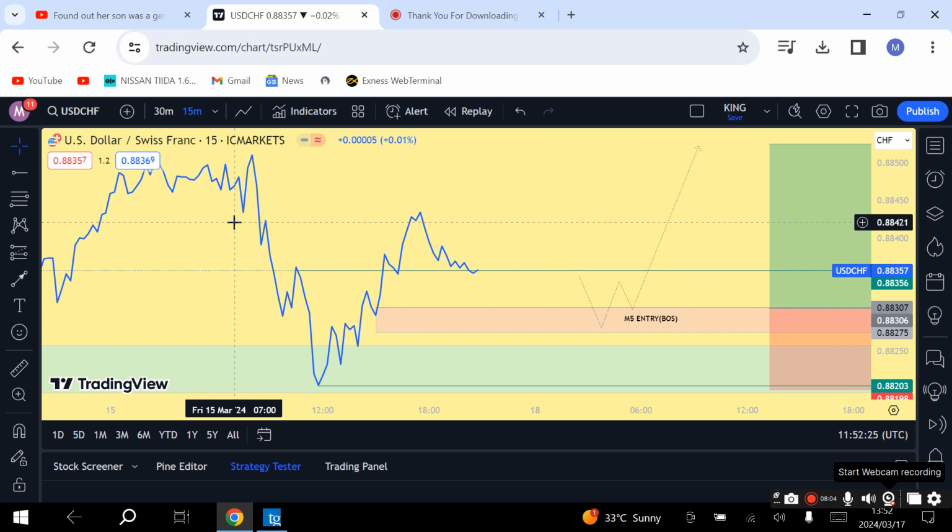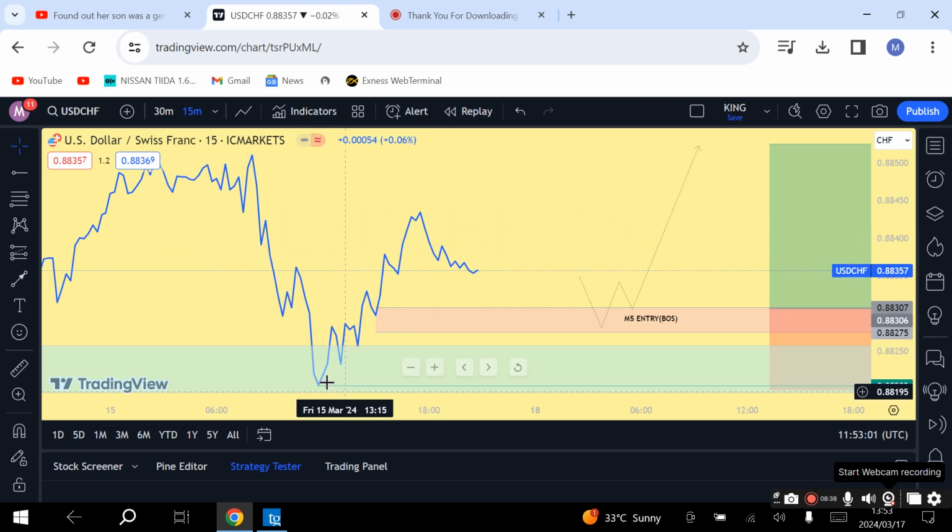I was waiting for price to first break this area here, right? As soon as the market broke this area, that was when I was like, okay, this is a confirmed buy, right? If the market had continued to just form the highest high, your lowest low, your highest high, your lowest low, I wasn't gonna be interested in further entering the trade because there was no break of market structure, right? But as soon as price managed to break this market structure, then I was like, okay, now I want to be a buyer in these markets, right?